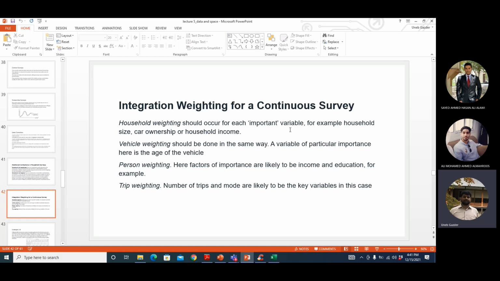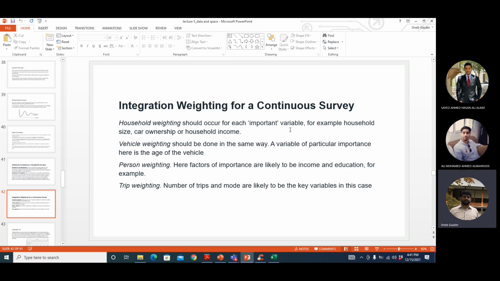proportion. Weighting means proportion. So for example, you are taking 200 responses from year 1 and 200 responses from year 2. But year 1 responses have a different percentage of households than year 2 responses. Then you multiply year 1 with some weight to make sure that they are in the same proportion, and then you can add them together.